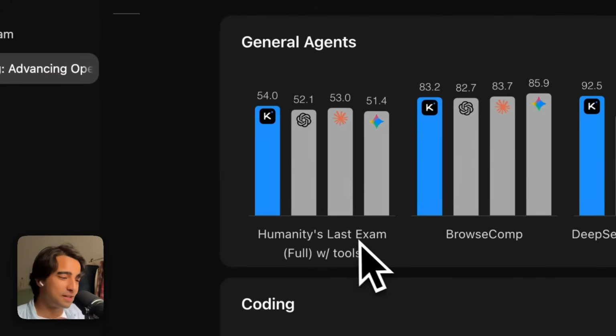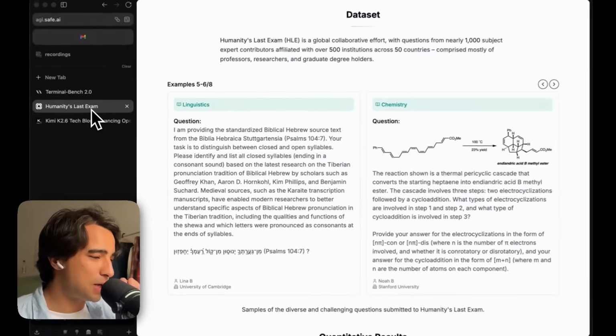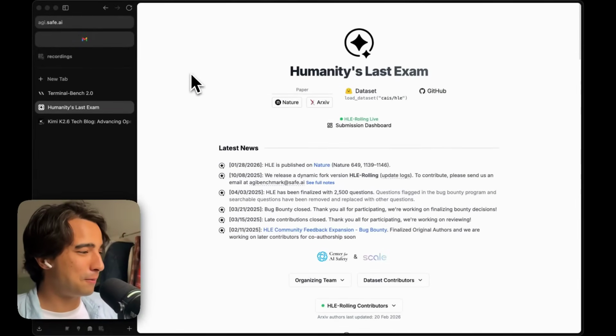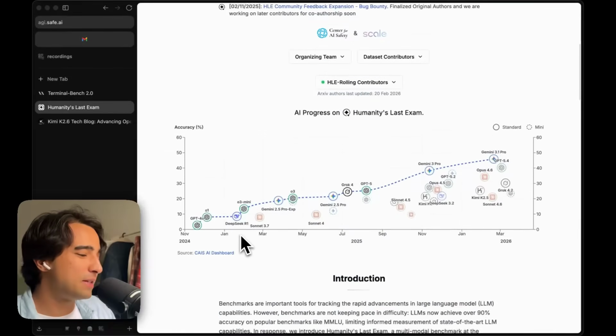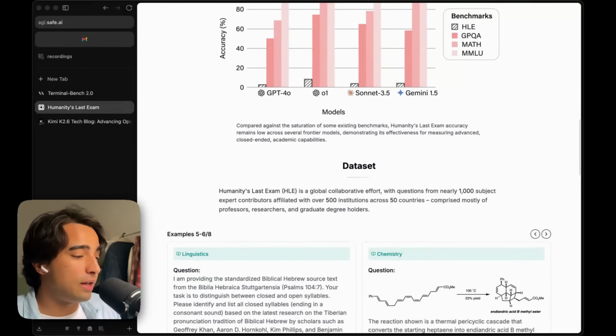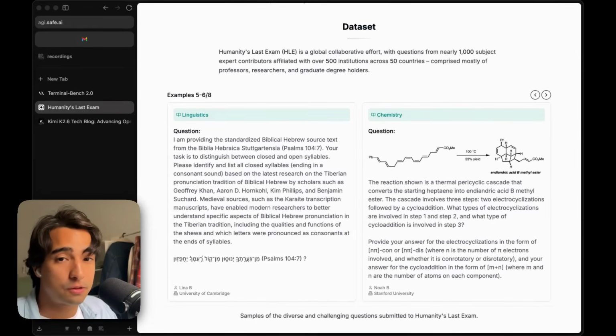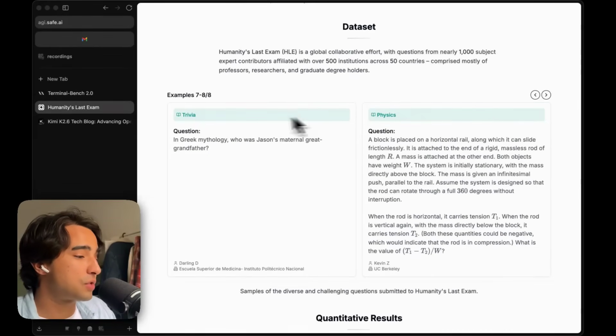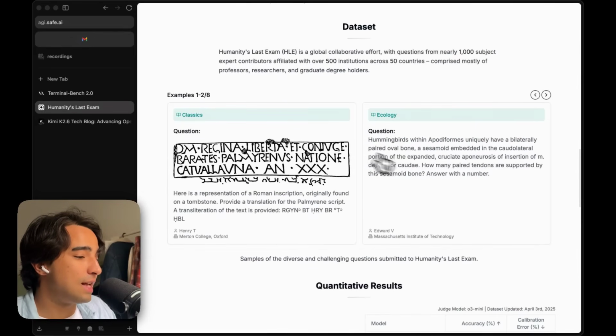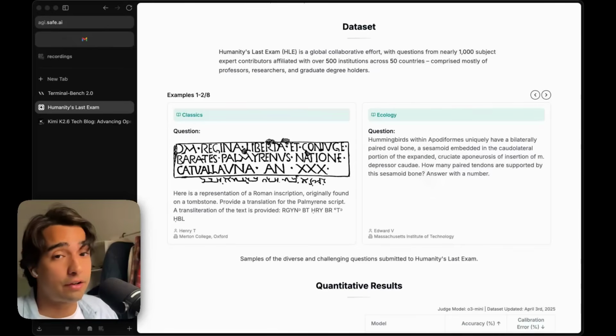And this one right here is a very funny name for a benchmark. I hope it doesn't mean that it is the last exam that humanity is going to be able to create. But it basically is an exam or a benchmark in which the model has to solve a bunch of different questions. And all of these questions were created by the absolute experts in their fields. So for example, we have linguistic questions, we have chemistry questions, we have physics, trivia questions, we have ecology, classics, etc. And these are like very, very difficult questions that only experts in their field are going to be able